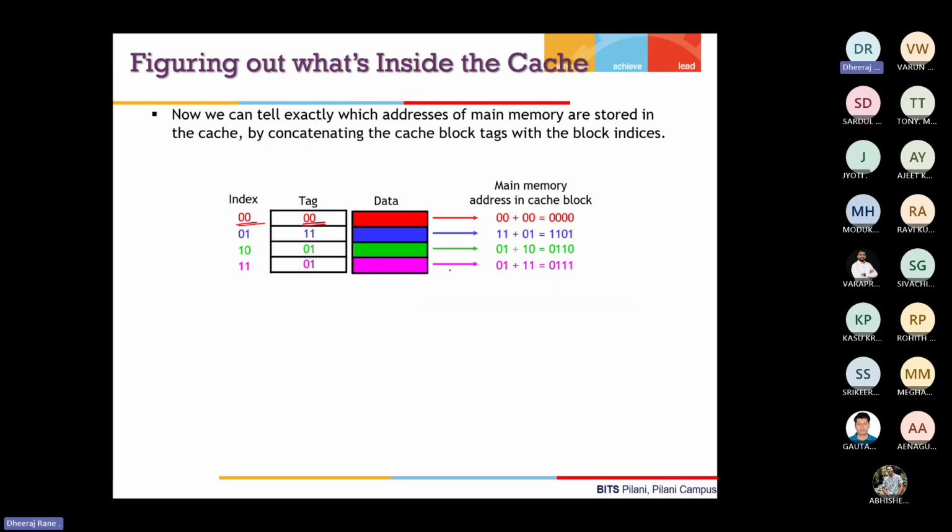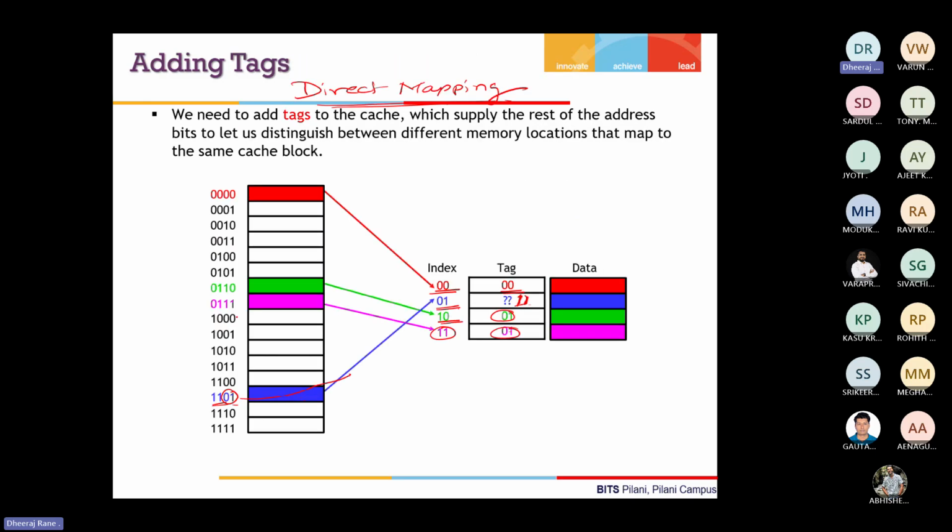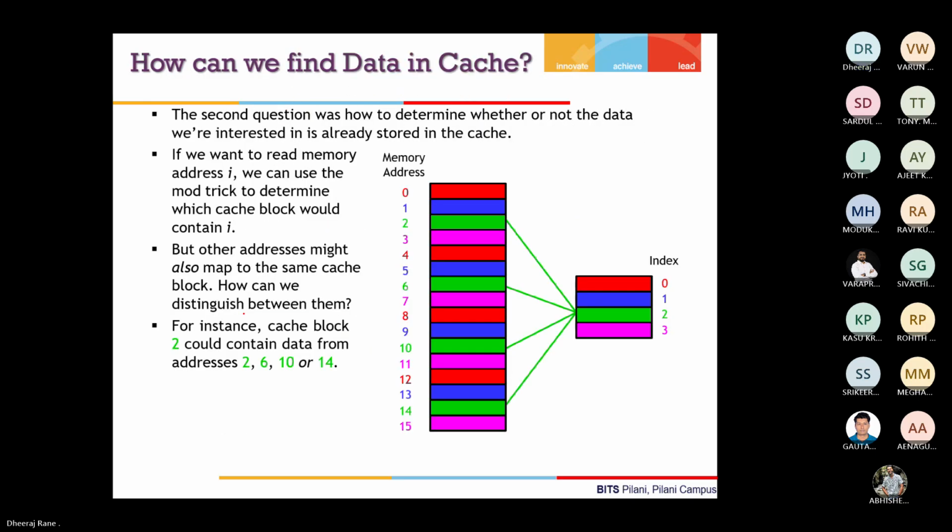So just to check which specific main memory block is there in the cache, you can map it and make a decision as to what exactly the block number is. Say if I pick any one with this green,